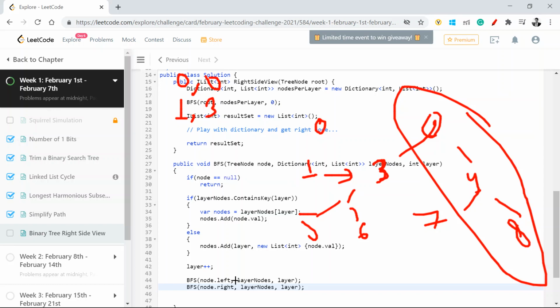Now once I'm there, it will again do the left part of it, and then say, okay, do I have a 5? I'll do a layer plus plus. This will do 2 comma 5. Once I'm outside this, it will do node.right. I'm again at the second layer, so it says, okay, does layer nodes contain the second layer or not? It does contain.